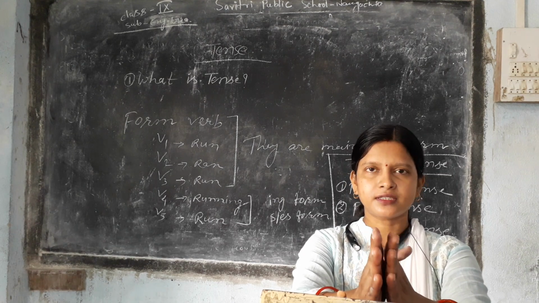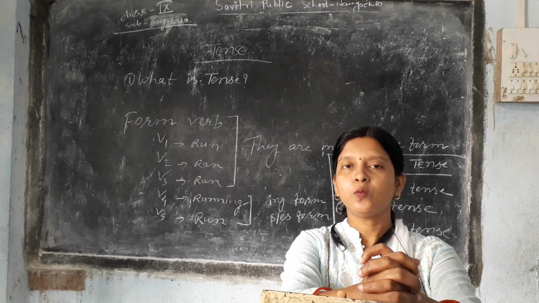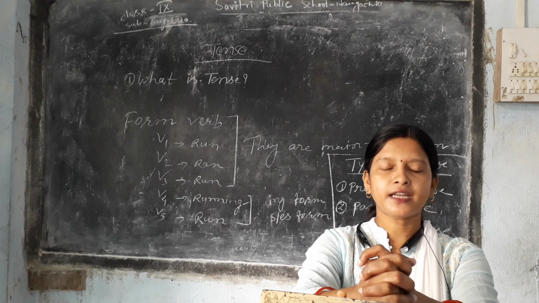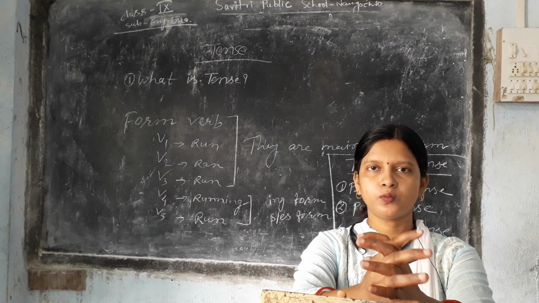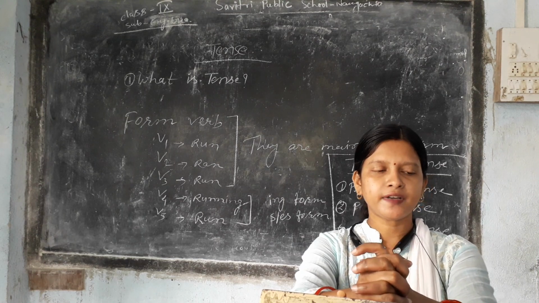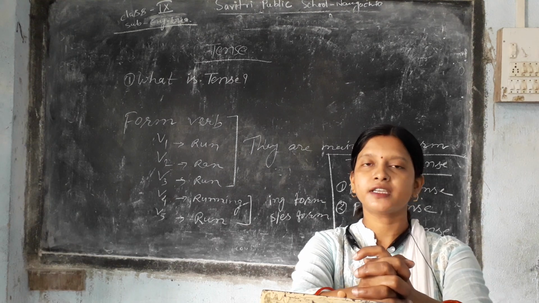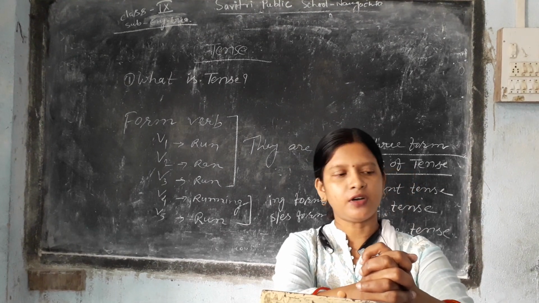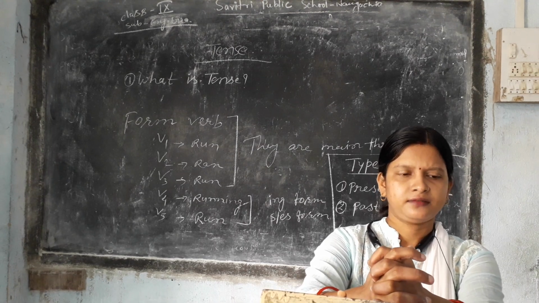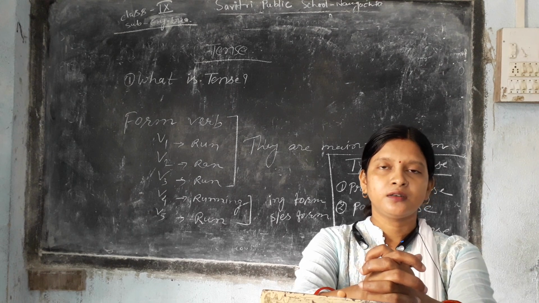Today we are going to read tense. The first question which arises here: what is tense? It defines the time of the verb. The answer of what is tense: it defines the time of the verb, and from this definition we can use the 5 forms of verb. Or we can say there are 5 forms of verb used